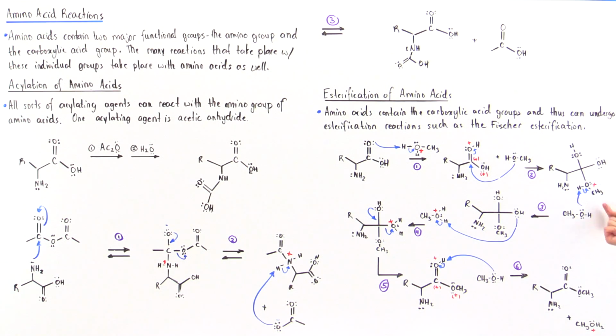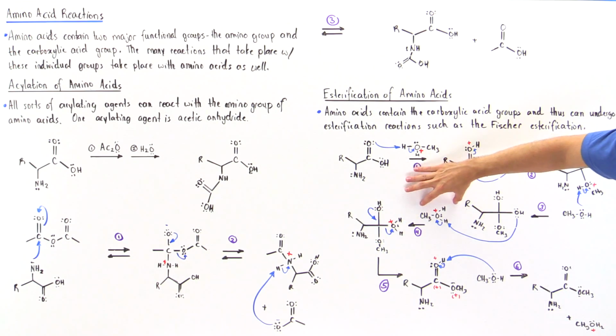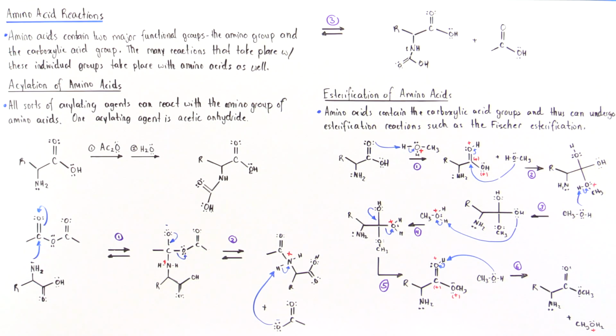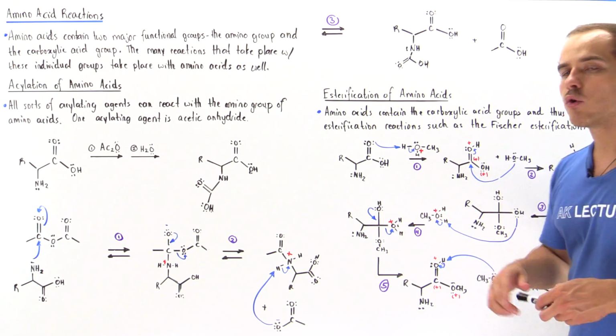In step 3, another methanol molecule basically deprotonates this oxygen that contains the positive charge, and we form this intermediate. Now, if we protonate this oxygen, we basically go back in reverse. But if we protonate either this or this oxygen, let's say this oxygen, that takes us to the next step, step number 4. Let's suppose our methanol, the protonated version of methanol, protonates this oxygen. So now we convert a poor leaving group into a good leaving group, our water molecule.